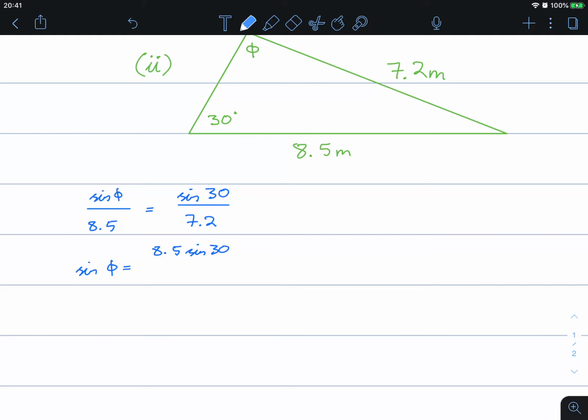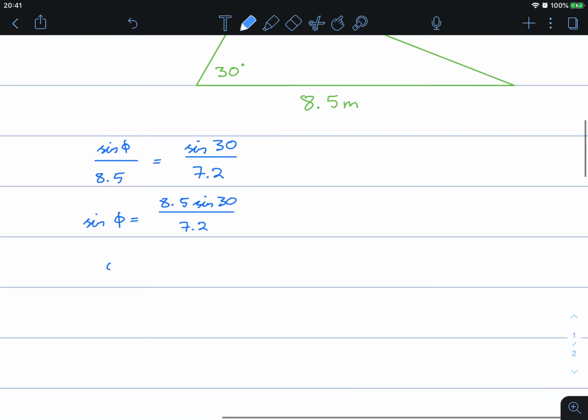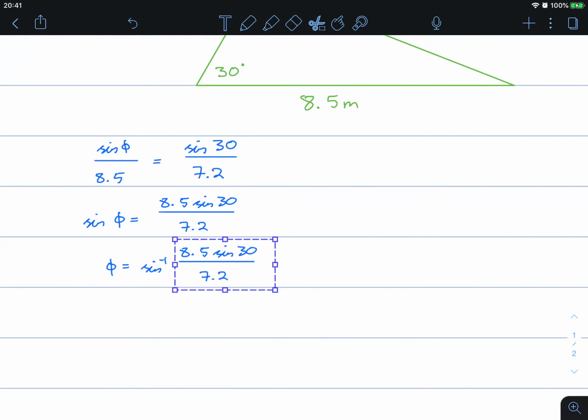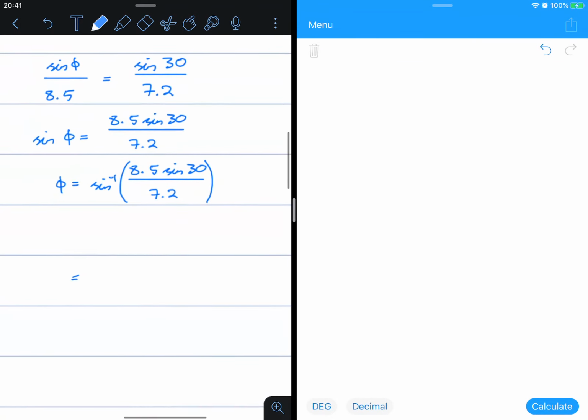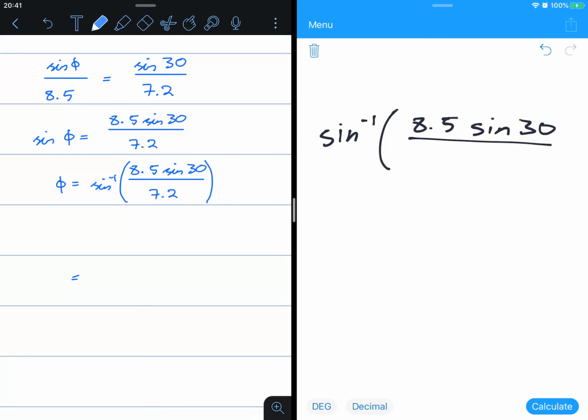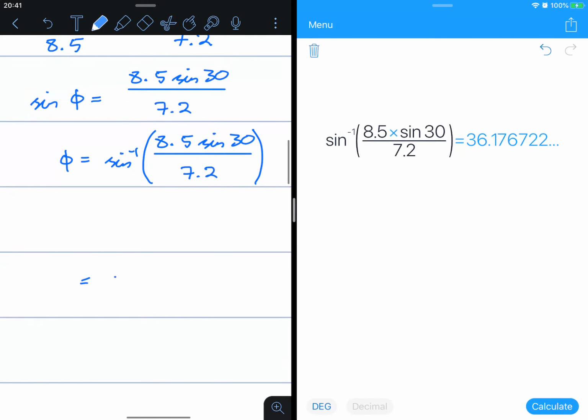sine phi is equal to 8.5 sine 30 over 7.2. Inverse sine of both sides. So using our calculator, we get sine inverse of 8.5 sine 30 over 7.2. This gives us